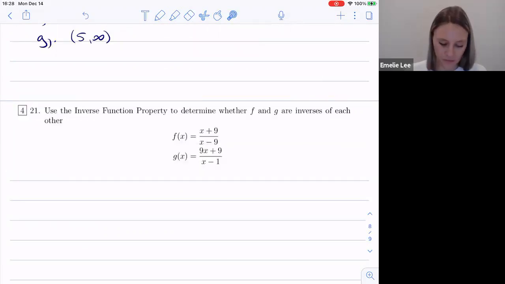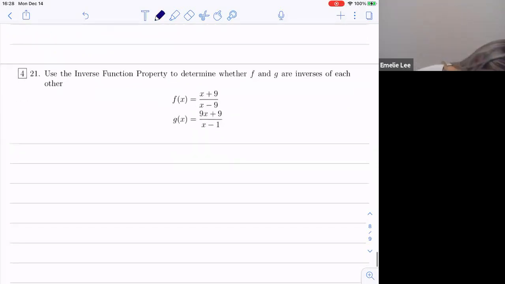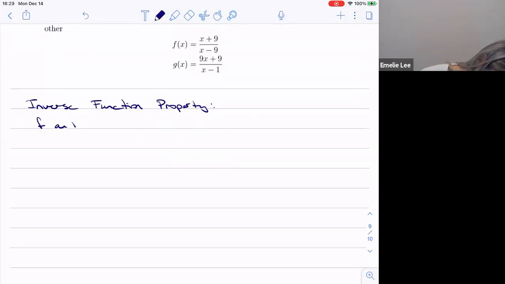All right, use the inverse function property to determine whether f and g are inverses of each other. Now it helps to remember what the inverse function property is, so let's outline that first. Right, the inverse function property says that f and g are inverses of each other if